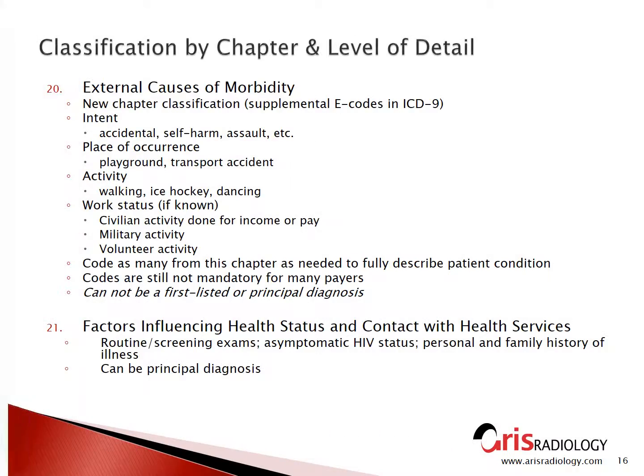Chapter 20, External Causes of Morbidity. External causes are supplemental codes in ICD-9. You may have heard coders talk about E-codes. They're used to document intent, the place of occurrence, the activity, and new in ICD-10 is the work status, which, if it's known, whether it was a civilian activity done for income or pay, or was the result of military or volunteer activity. We can code as many from this chapter as needed to fully describe a patient's condition, and